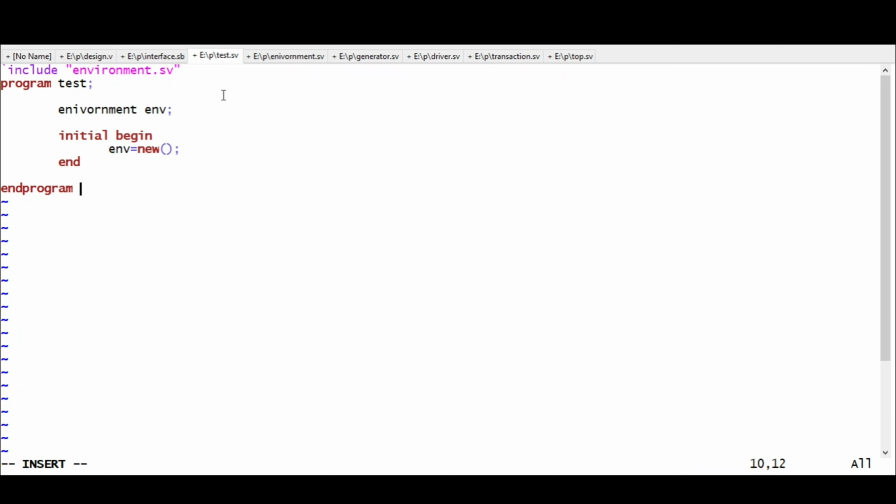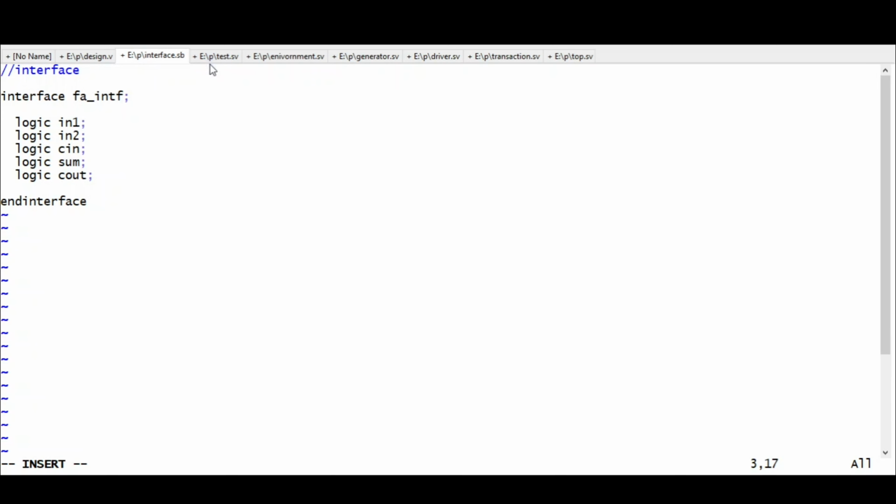Now using test tb, we are sending this physical interface. So if you come to the test, I have made some mistake here. Let's write function new, and inside function new we are receiving the argument as an interface.